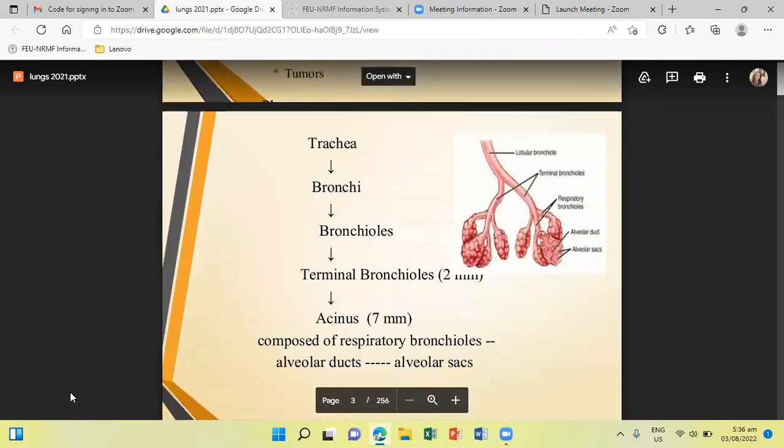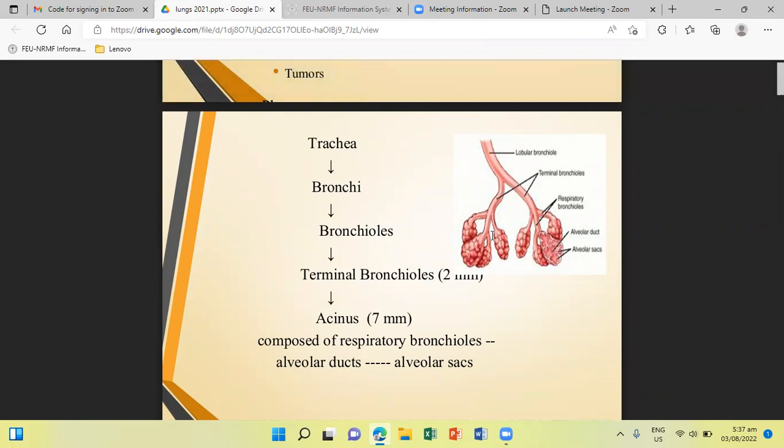To start with, let us first try to review the normal anatomy. The trachea develops into two lateral outpocketings, which we call the lung buds. It actually divides into the right and the left. The right lung bud divides into three branches, and the left divides into two main bronchi, giving rise to three lobes on the right and two lobes on the left. The right main stem bronchus is more vertical and more directly in line with the trachea than the left. So it is almost always that foreign material will lodge in the right lung rather than the left lung.